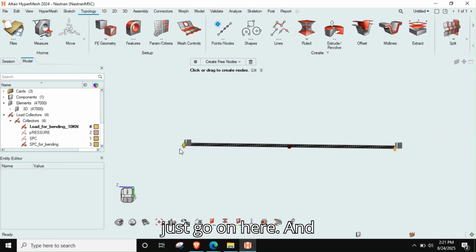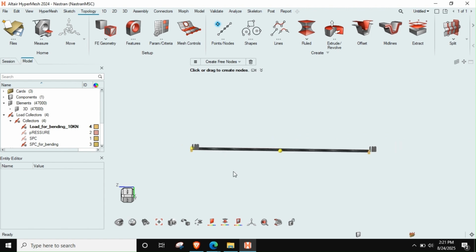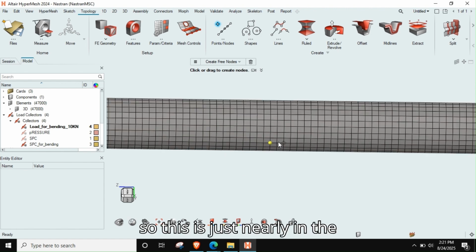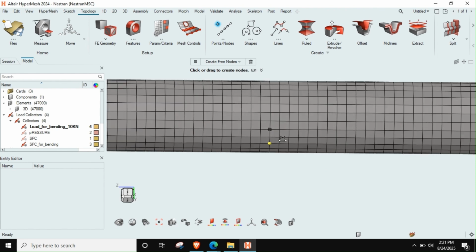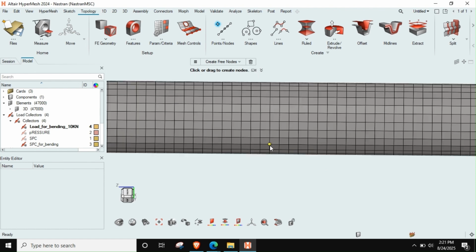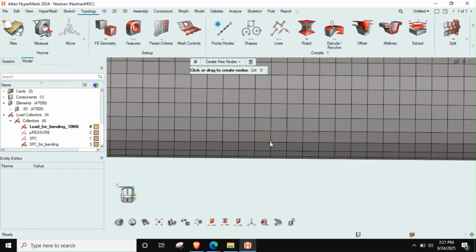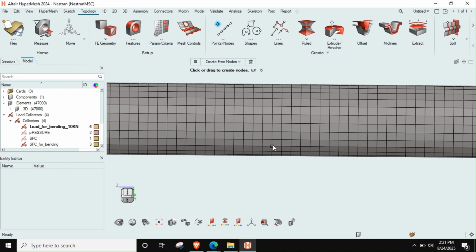So this is just nearly in the middle. So I can just clear these nodes and